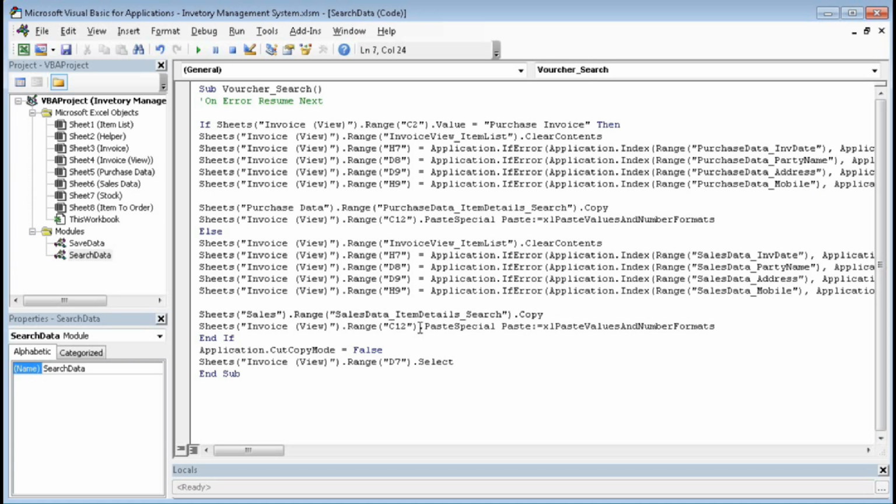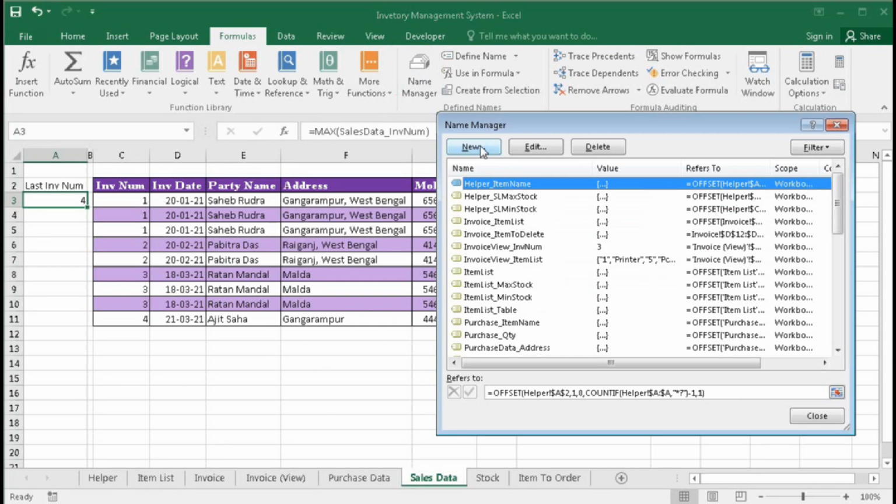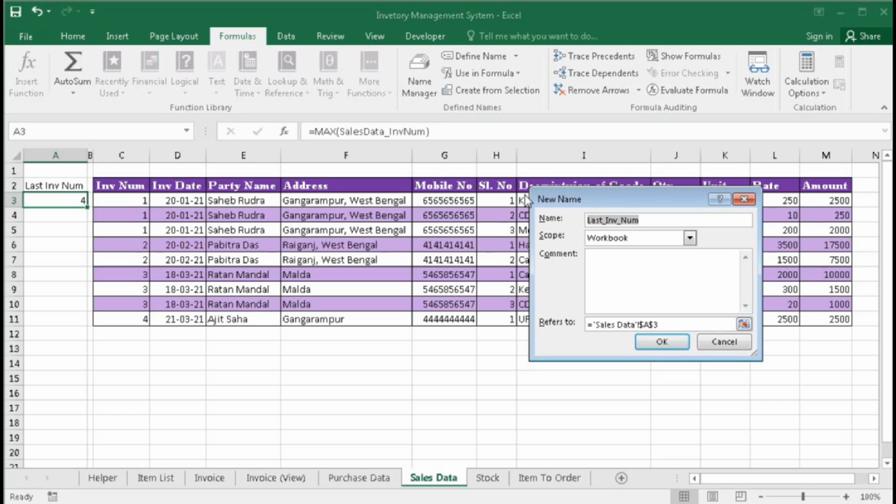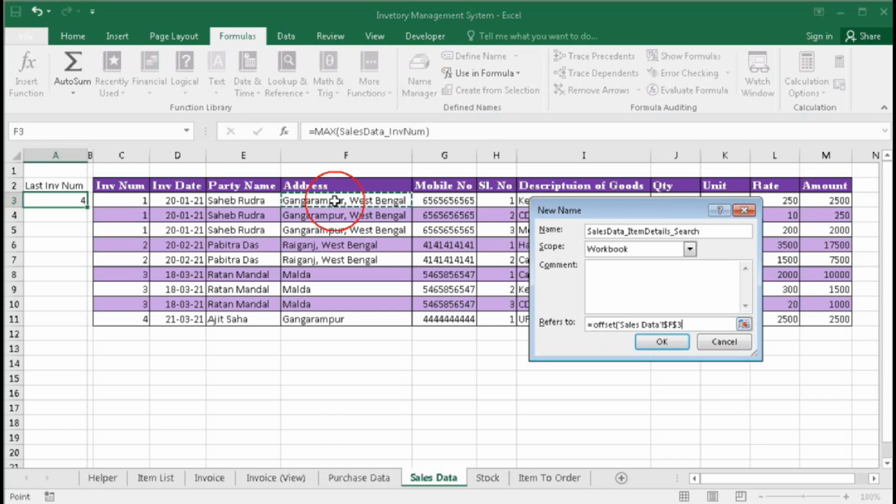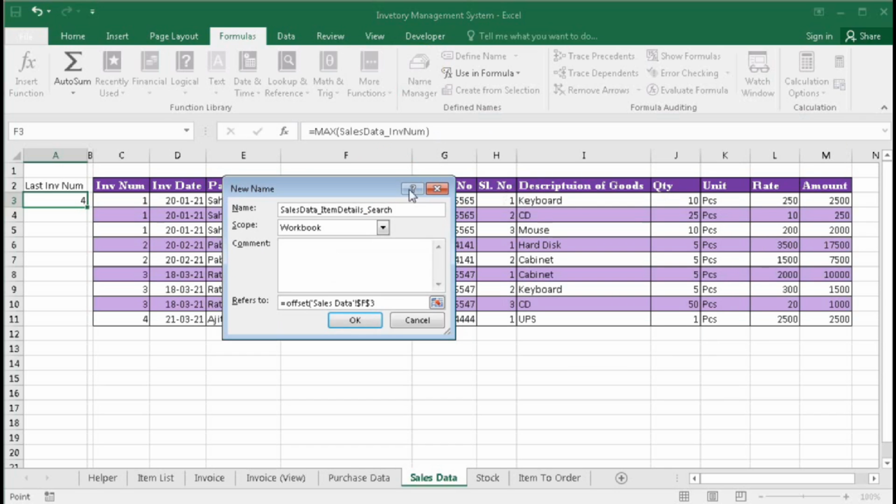So now we have to create sales data item search, item details search. So again go here, name manager, new item. So here type sales data underscore item details underscore search equal to offset bracket open. We will start from this cell comma.